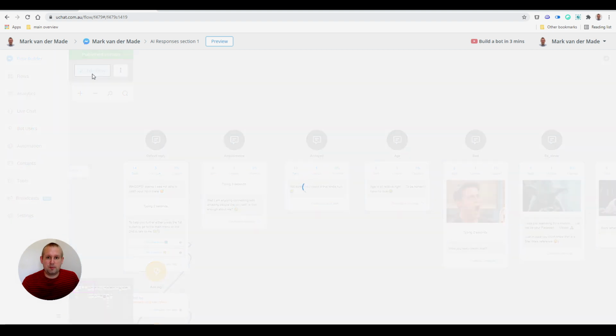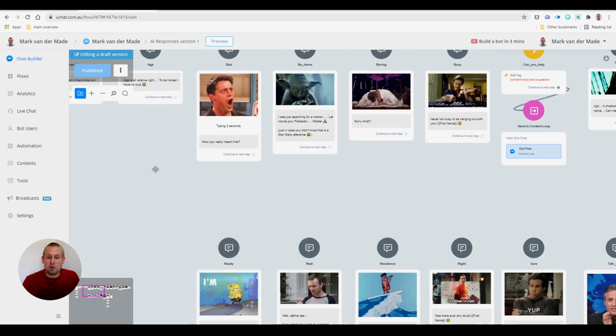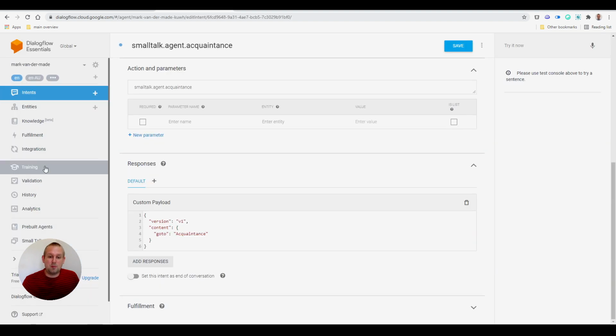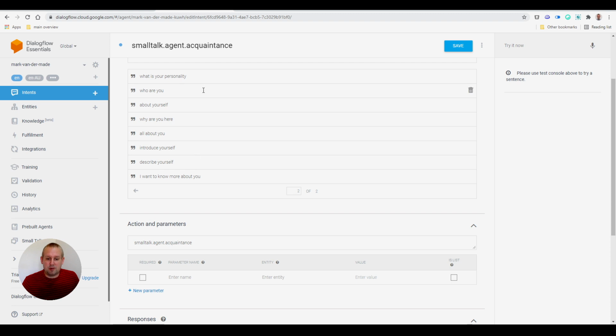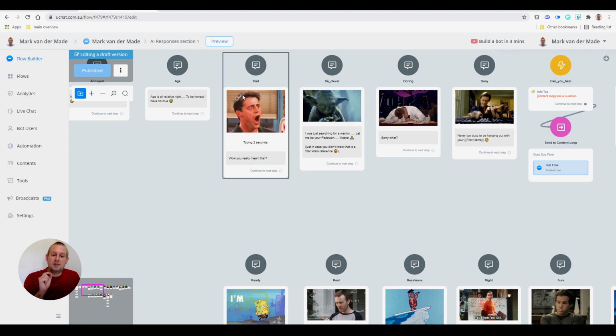So let's edit this flow so you can see a few. And basically this is already the setup, right? Because we now know that we can import intents, or you can train your own intents if you want to, and then set up your training phrases above. And then you have your custom payload. So you can just insert your payload and only change this block name. I call my blocks the name of the intent,